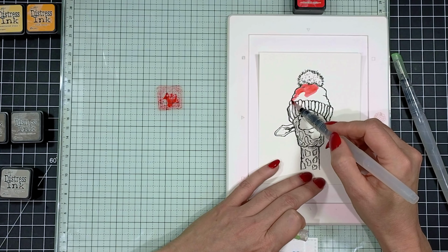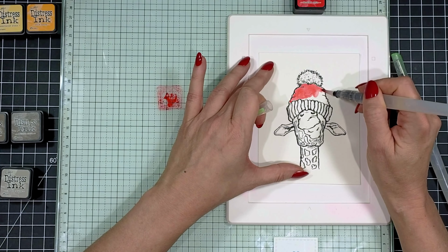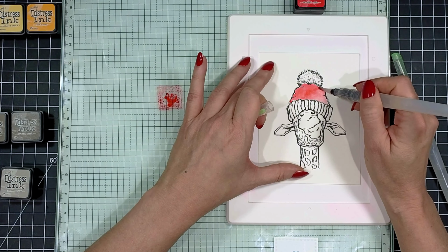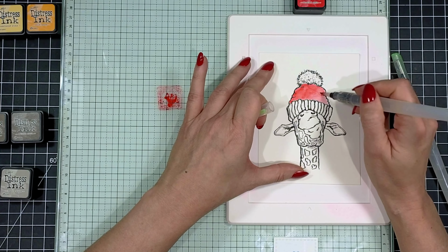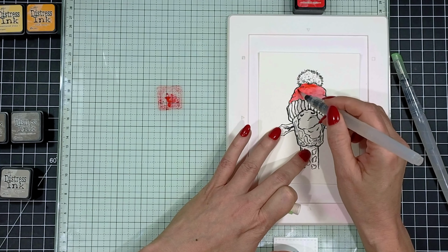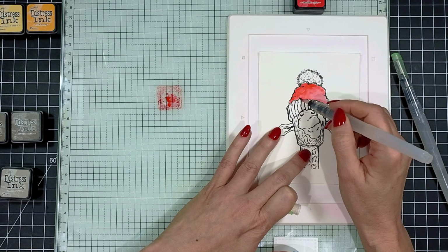I started out with the candied apple and watercolored his hat. I'm allowing the aqua brush to really control how much water I'm using. I'm not squeezing unless I feel like the water is not moving the ink enough, and then I'll give it just a light squeeze to kind of help bring some more water into the brush tip. And I'll just pick up that ink and layer it over the top of the previous layer. I do nice light layers so they dry fairly quickly, and that way I can kind of build up the